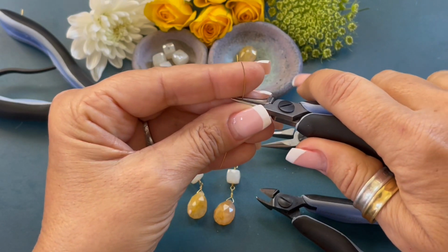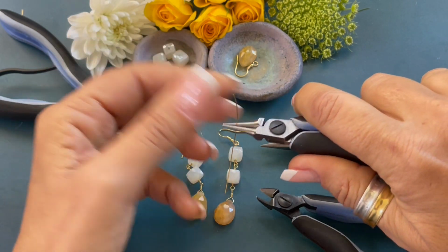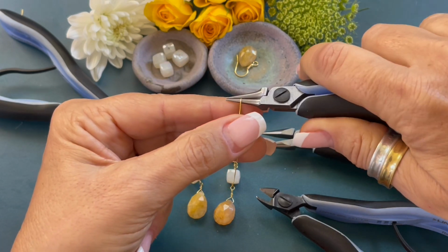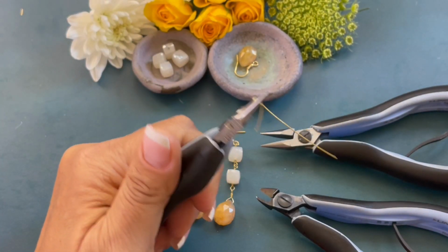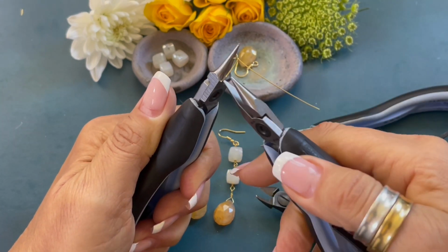We are going to start off by cutting 2.5 inches of 24 gauge wire, and we are going to create a wrapped loop. So we're going to move down right about here. We're going to bend the wire back, move the pliers up, bend the wire towards you, move the pliers to the side, bend the wire back, and now we're going to switch hands, and we are going to wrap 1,